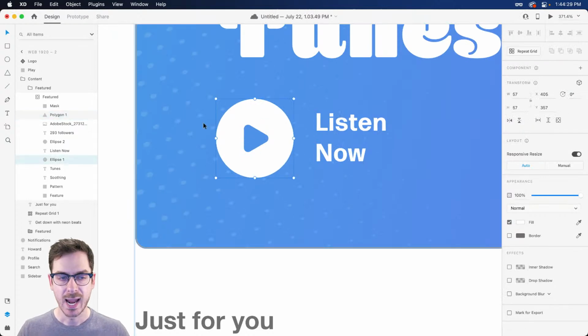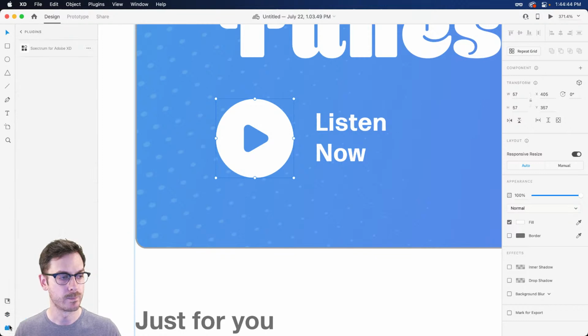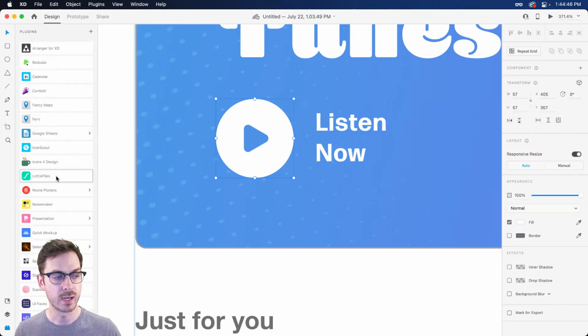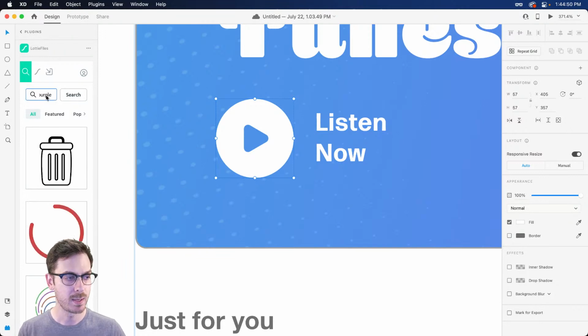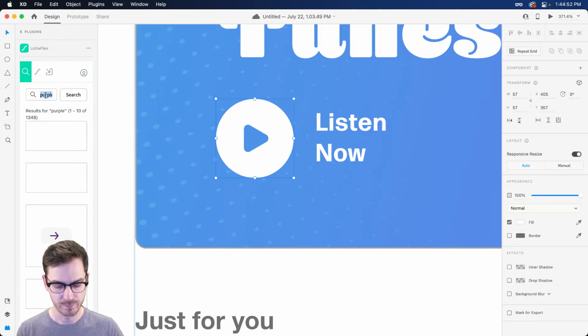That could work. And then what we might want to try, possibly, is maybe introducing a very subtle Lottie animation so that this play button can kind of pulse a little bit. So if I hop over to my plugins at the bottom left-hand corner, I do have the LottieFiles plugin installed. And I'll search for something like maybe, oops, why did I type purple?